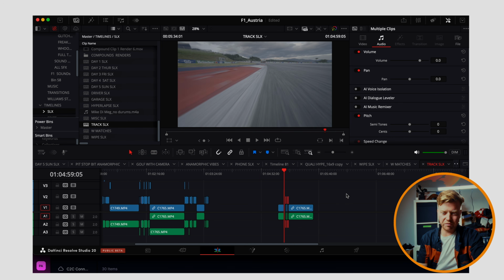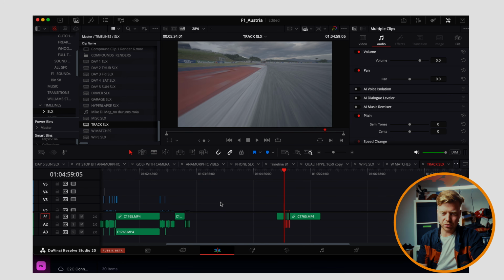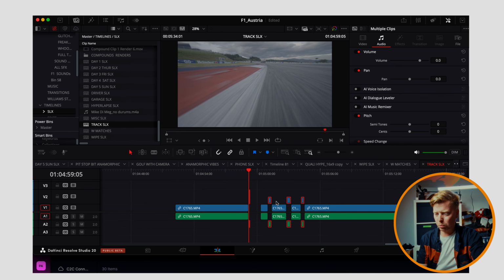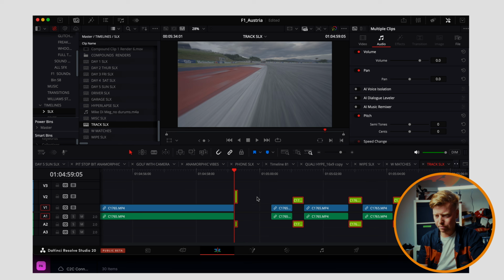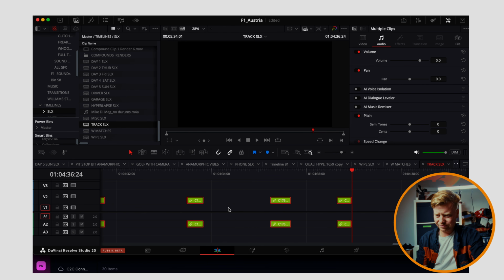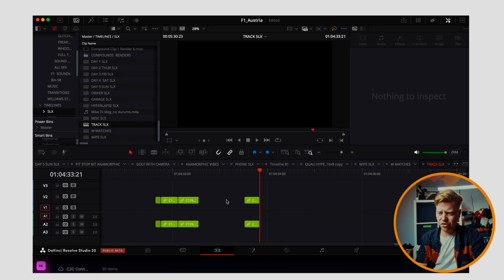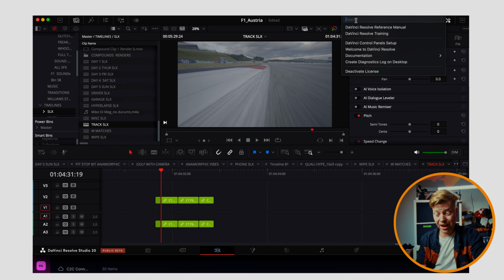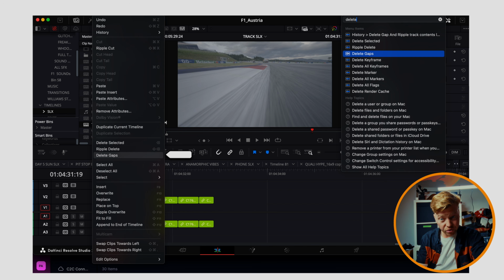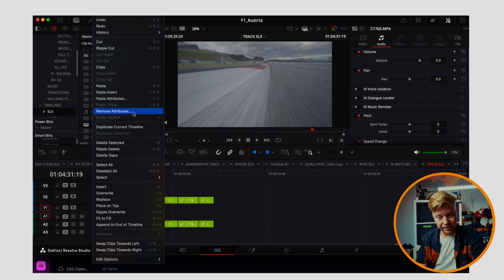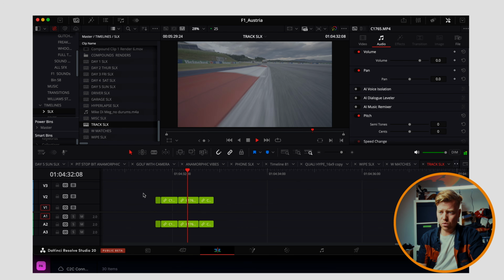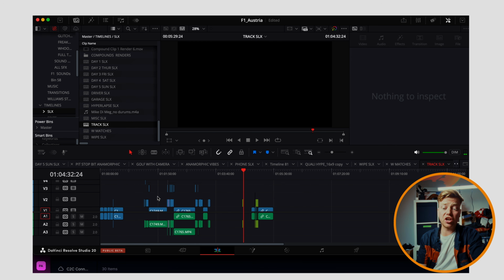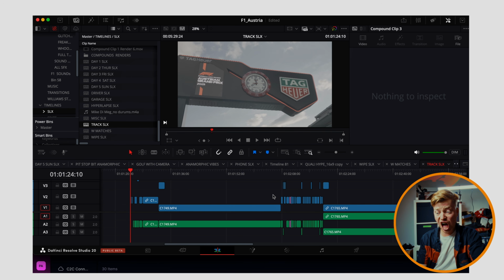I've been slightly not that organized on this one, it's a little bit chaotic, but I will probably color coordinate these. Clip color, right click, clip color, lime. I'll then take them all here, delete the gaps. To do all this at once, you can go help, delete gaps, or you can go to edit, down to delete gaps. I never remember where it is, so I just go to help, delete gaps, and that'll compress all of your selects together. And then, when I come back to it, as I have done earlier, here's one we made earlier,